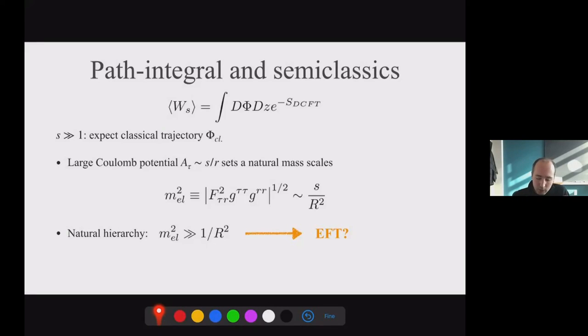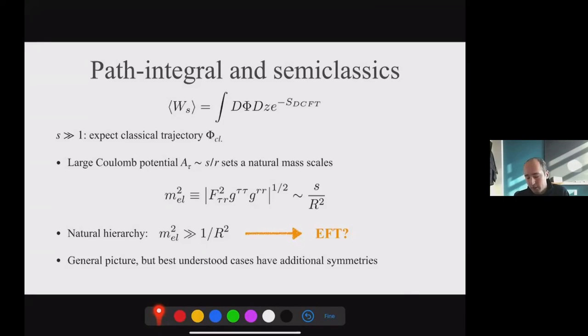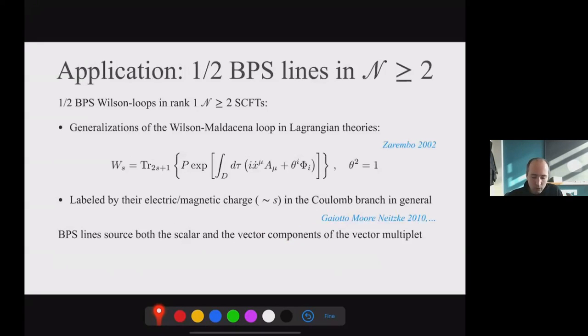But rather than doing that, I want to focus on a case we understand better, which is a case where we have additional symmetries, namely superconformal field theories. And the main reason for doing that is that there I'll be able to check non-perturbatively the prediction of the effective field theory. So let me do that. In this case, the setup is almost the same, with the difference that now I'll take half BPS loops. And I'll take n equal 2 or bigger. And I'm only talking about four dimensions, of course.